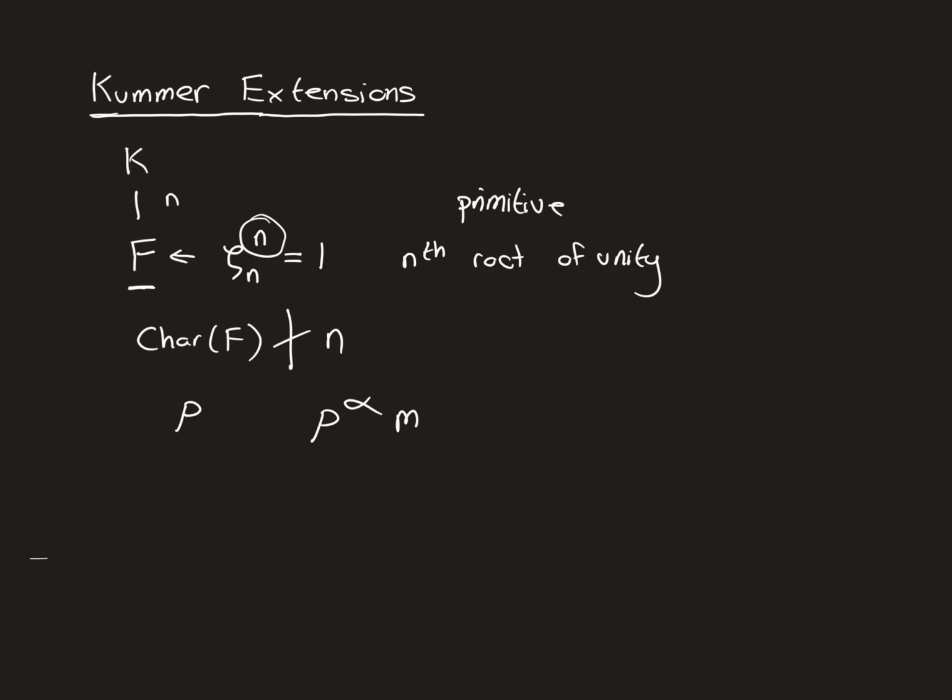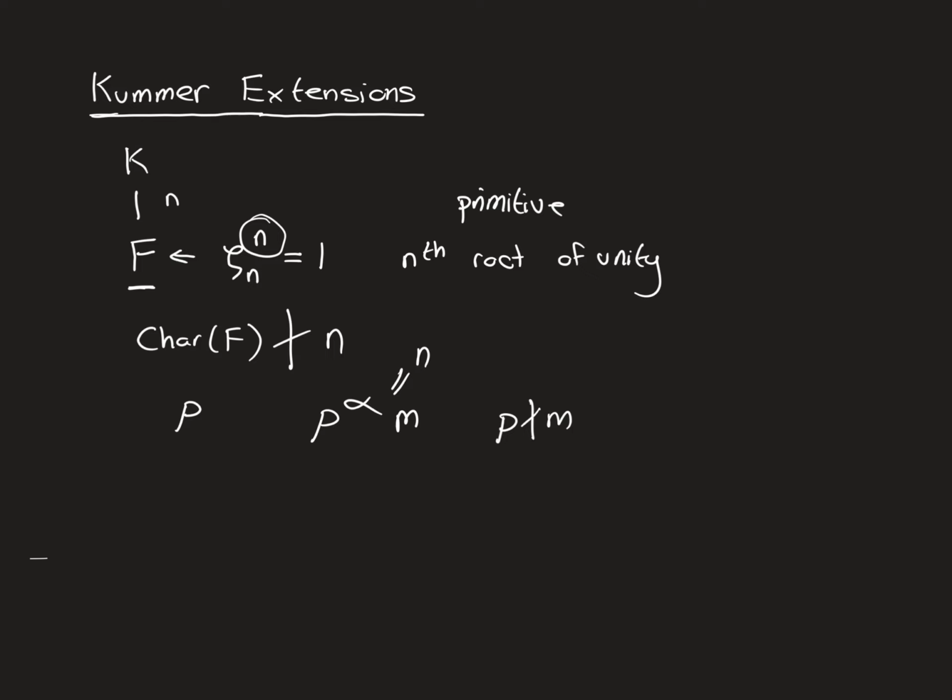times m, where m is some other natural number that doesn't have p in its prime factorization, so p doesn't divide m. So this is what n is equal to. So literally I'm just splitting n into the power of p, and then what's left in its prime factorization, which I'm calling m. So if n was like this, so if the characteristic of the field is p and p